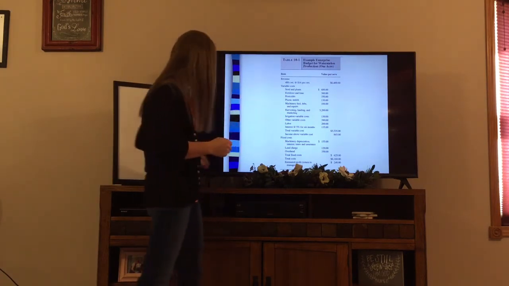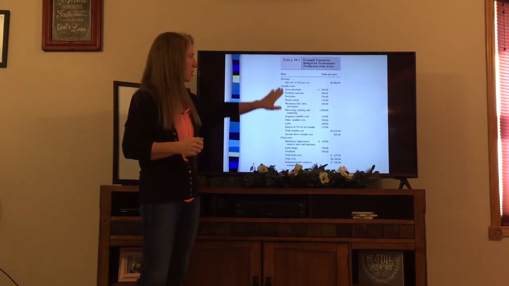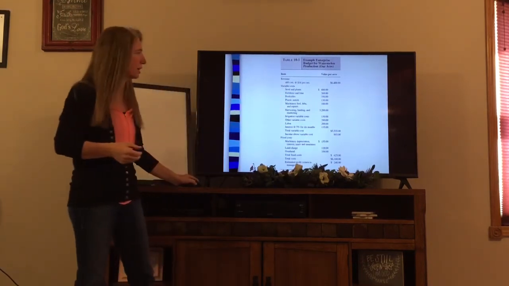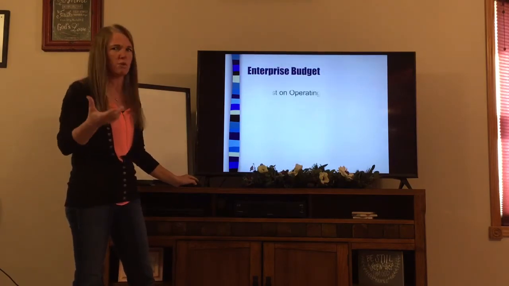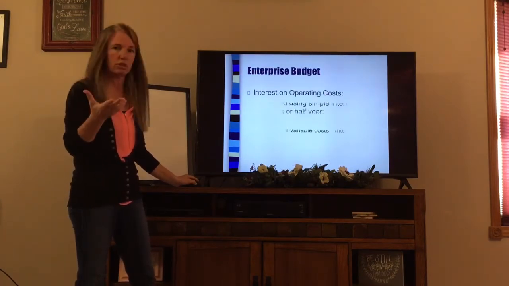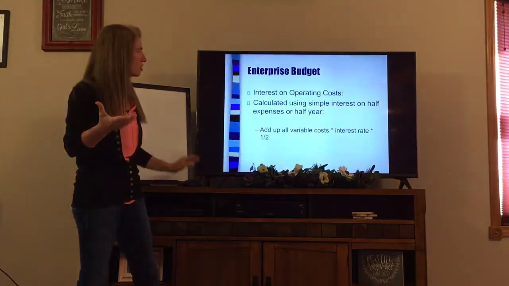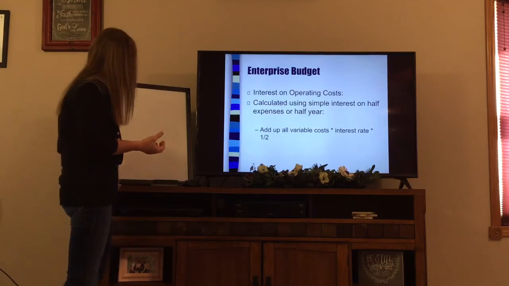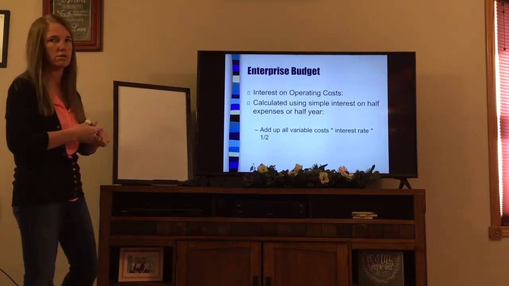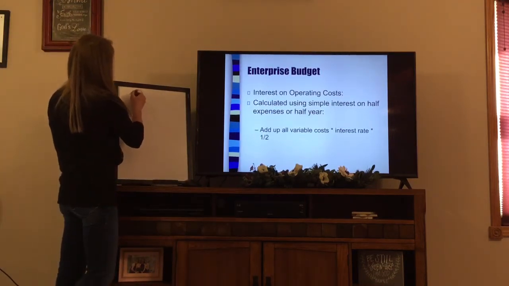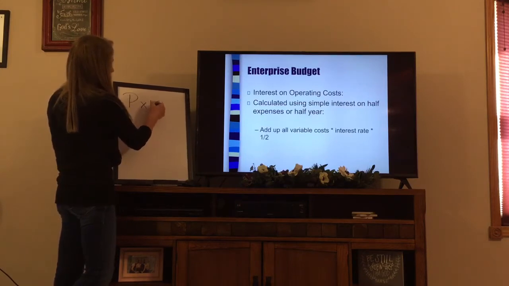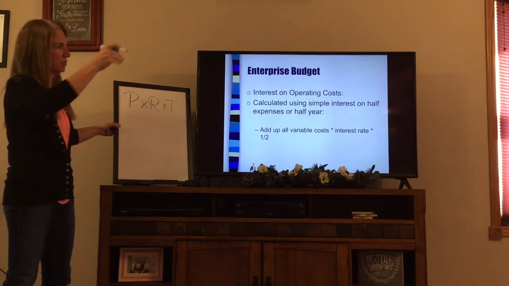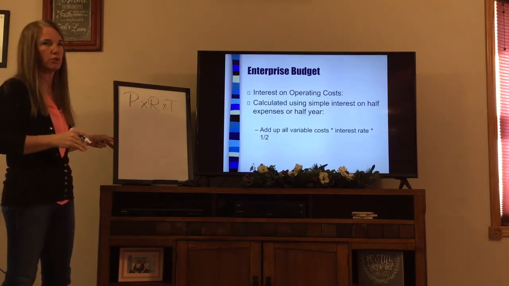So here's how we figure opportunity or interest on our variable costs. Okay, this is something that's calculated. There is a formula for it, and so it's one of those things you don't have to rationalize it in your mind. You just have to learn it. You just have to memorize the formula. So our interest on operating costs are basically going to be calculated using simple interest. And if you'll remember, simple interest is very easy. That's where we just take the amount or the principal times the rate times the time. So we just multiply amount times rate times time, just like we did when we figured accrued interest on our